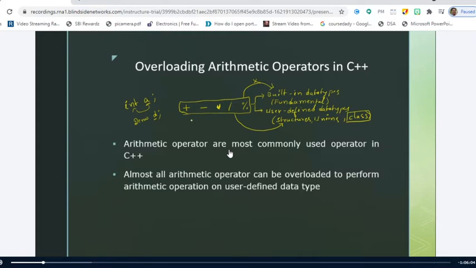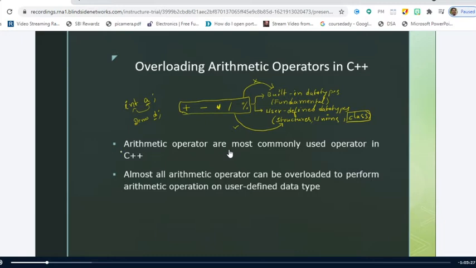You have to remember that operator overloading is a concept where we define the operator such that it works with objects in a similar manner as it works with built-in data types. For that, we have to write some additional code. That additional code, or the functions which we write for these operators, are called operator overload functions. Is it clear? Yes, sir.